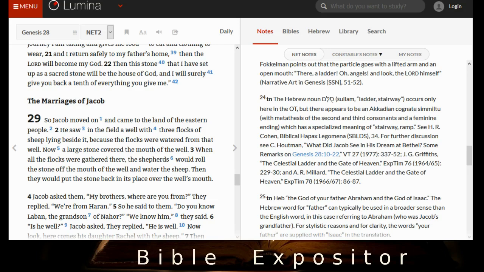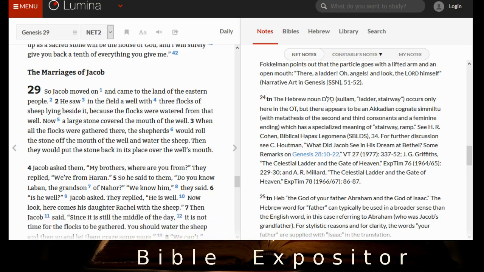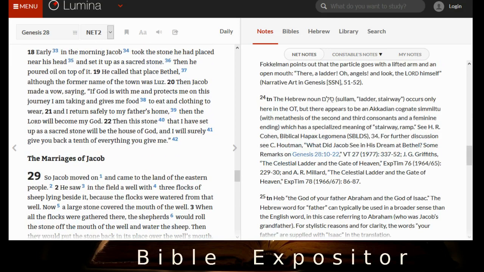So notice also that he vows to give a tenth. I think I went a little bit past that. And once again, we ask, is this a command for all people for all time to tithe, since it predates the laws of Moses? And as we noted before in the account of Abraham giving Melchizedek a tenth of the plunder of war, nothing is said here about a continual practice or that it would be binding on the wages of all his descendants. So we just need to keep that in mind.